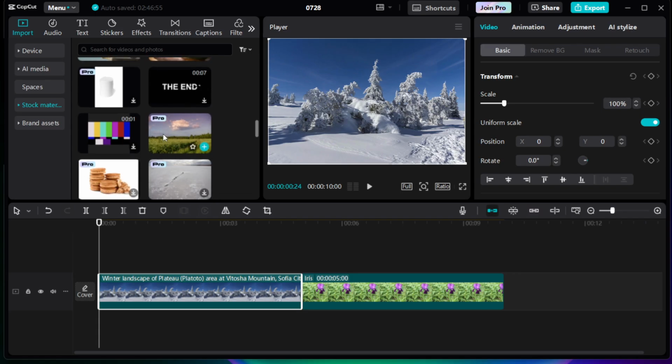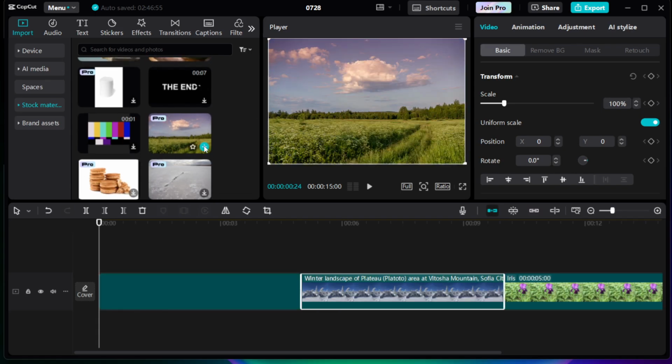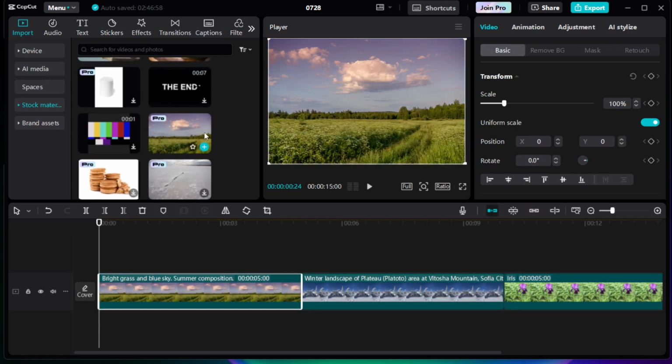This is a fantastic resource filled with pre-made templates specifically designed to make your editing faster and simpler. For this project, we'll be focusing on a photo-based template. Take a few moments to browse through the selection and choose a template that best suits the style or theme you're aiming for. Whether you're looking for something sleek and modern or more creative and playful, there's likely a template